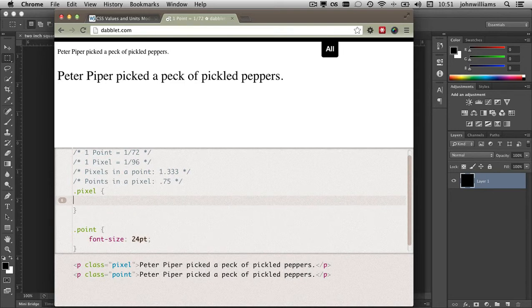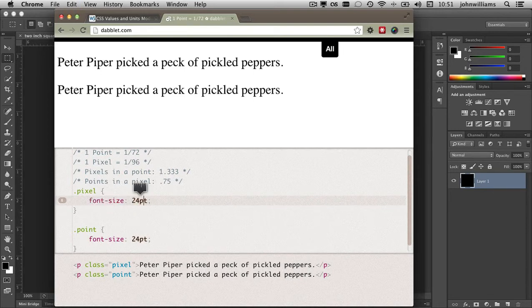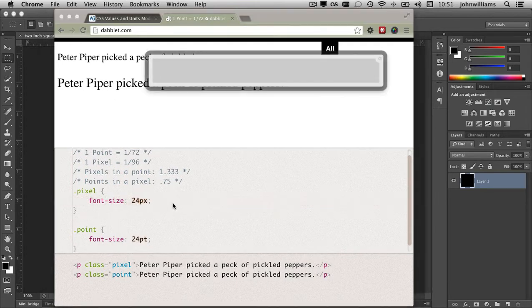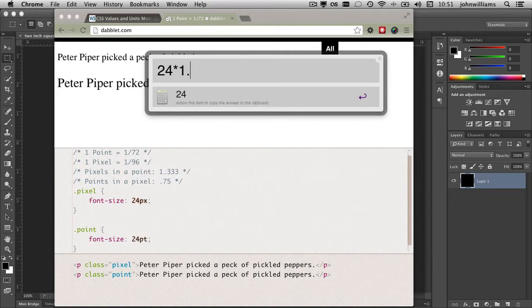Pixel size, right? 24 pixels. Obviously, that's not right. So what we need to do is multiply the point size times 1.33. That'll tell us how many pixels we need to have. All right, so I'm going to pop open my little calculator here, and we're going to say 24 times